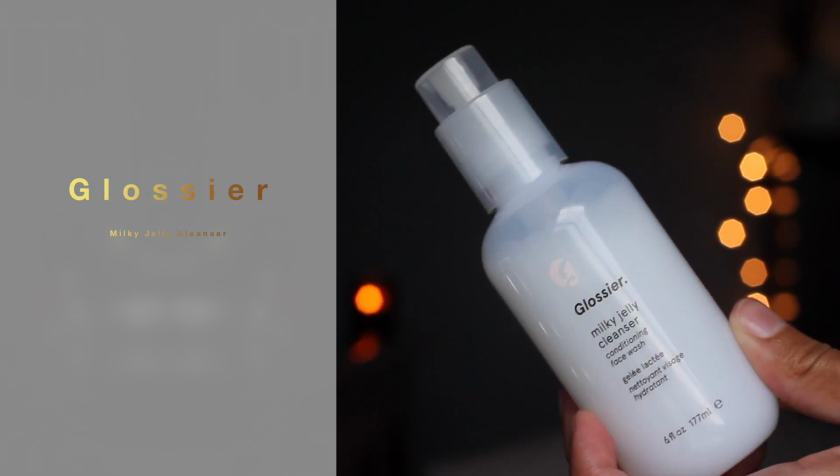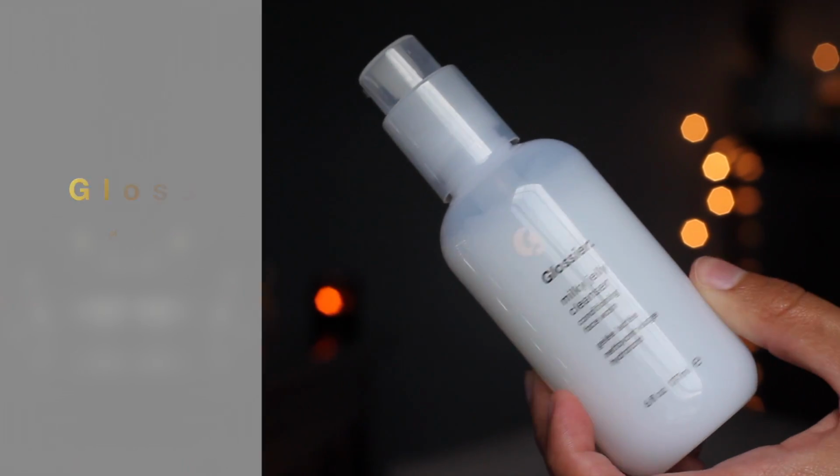getting onto the plane. So I started off by washing my face with Milky Jelly Cleanser. Obviously, I love this stuff. I've gone through bottles and bottles and bottles of it, but for me, it's not stripping. It's a gentle, basic, everyday cleanser. So I do that, and then actually after I do this and get all the grime and stuff off, I